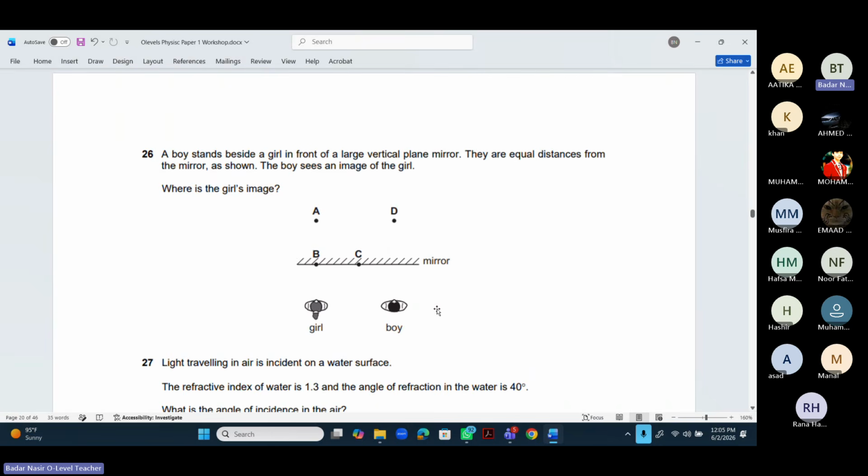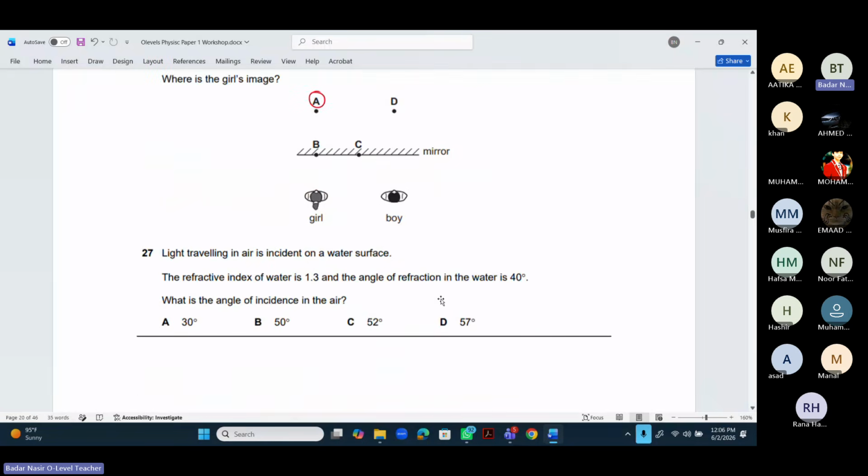Now a boy stands beside a girl in front of a large vertical plane mirror। ठीक है, they are equal distances from the mirror. As shown, the boy sees an image of the girl. Where is the girl's image? So boy sees the image of the girl, तो गर्ल की इमेज तो एग्जैक्टली A पे ही बनेगी ना, क्योंकि इमेज हमेशा बिल्कुल आपके सामने, बॉय की इमेज D पे बनेगी, गर्ल की इमेज A पे।